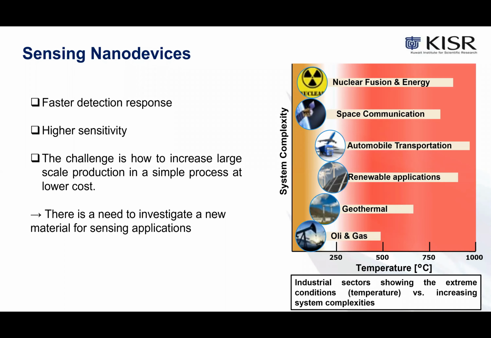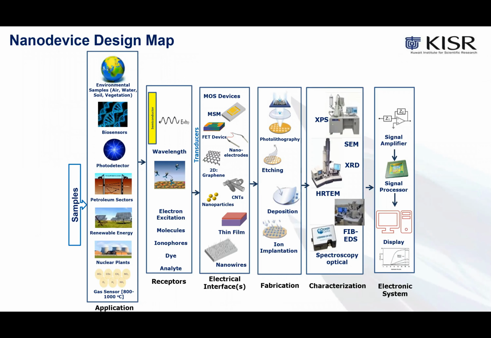As we can see here in the figure, tremendous industrial challenges are open to investigating new devices that can sustain extreme harsh environmental conditions, such as high temperature, radiation, high pressure, or vibration. So in order to do that, we can have a look at the nano device map. The nano sensor offers several benefits that make the sensor highly effective: unique performance with high sensitivity and fast response, with miniaturization and accuracy.